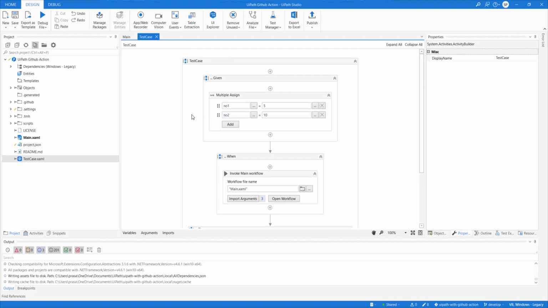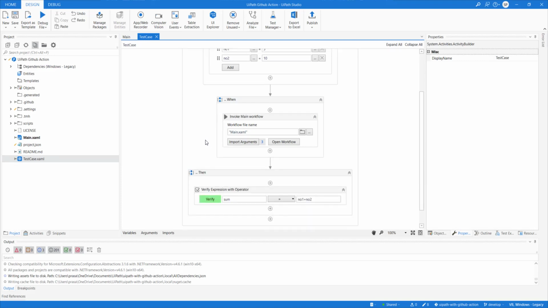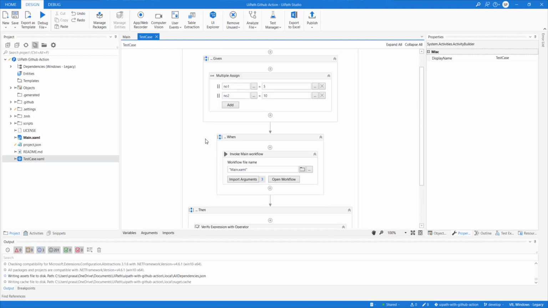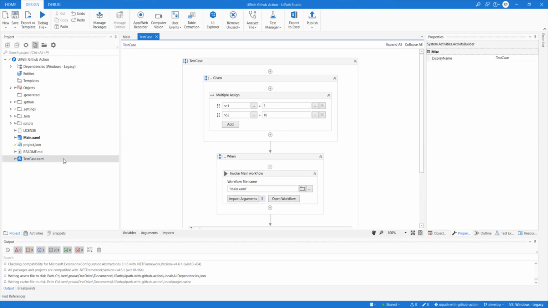I wanted to run a test case so that once the test case is complete, only then should I be able to publish the package to the orchestrator. That's the reason I have created a test case as well. So you should be able to publish your test cases from here and publish the project from here. Let's quickly look at the orchestrator and then I'll explain how it's going to work.